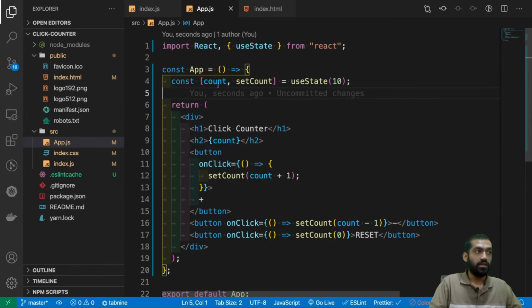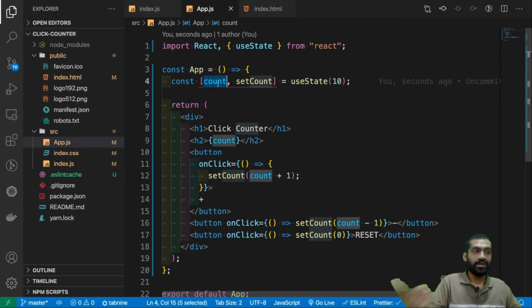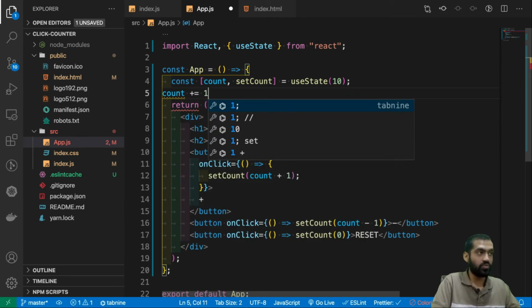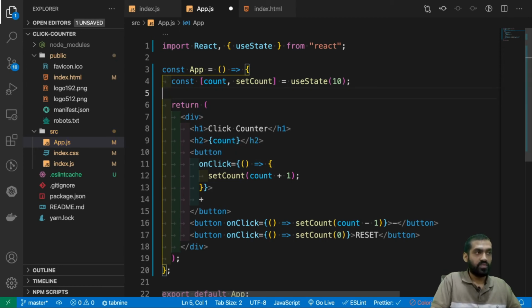So the count variable, we cannot mutate that, right? So we pass it to set count. What set count does is give us another, completely new data which comes into count now. So in essence it is not getting mutated, as in it does not happen like plus equals 1. What I'm trying to say is we cannot directly mutate this data. It gives me some data that is a new version of the incoming data.